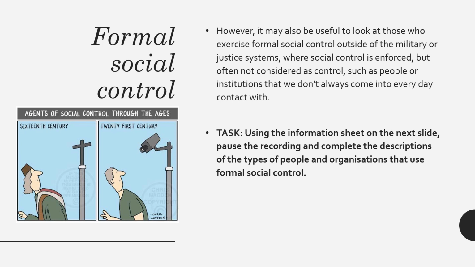on. In addition, it's also useful to look at those who exercise formal control outside of the military and justice systems. So it's worth bearing in mind when you're talking about formal social control, you're not just talking about the nature of criminal justice systems and the people that bring that into force, but you are looking at all sorts of different institutions, some of which you may not come into contact with, but they have a method of enforcing formal social control. So, for example, HMRC and the tax office will manage any illegal tax evasion behaviours and so